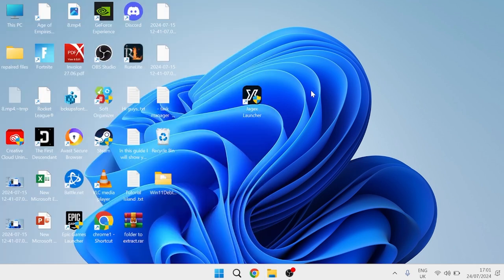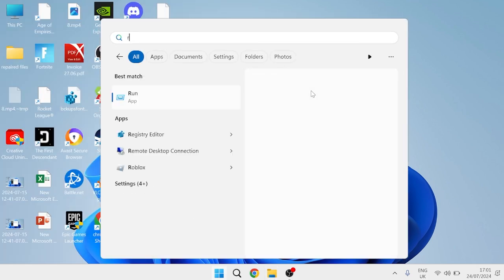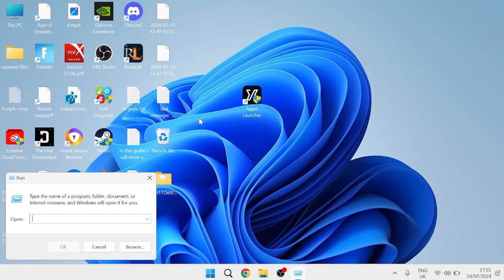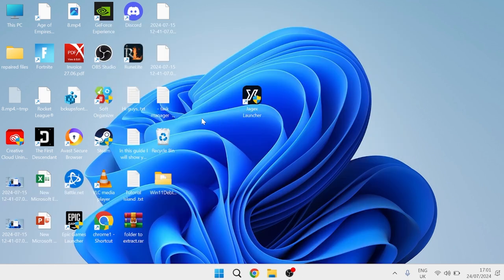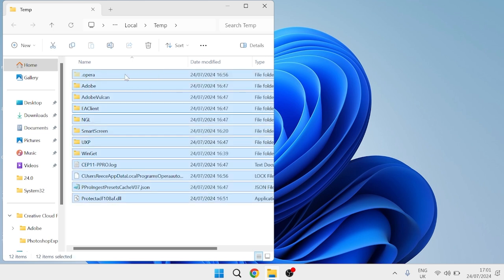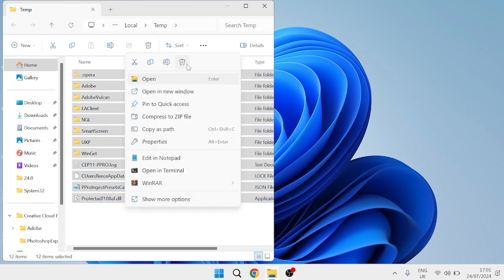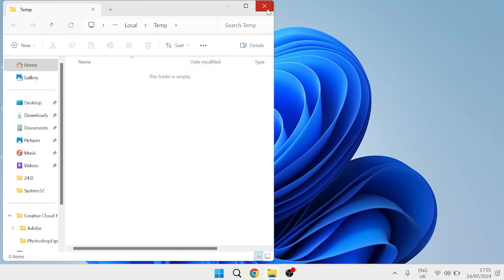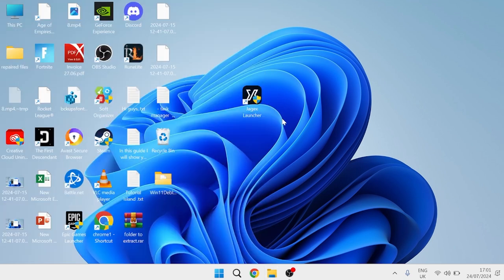We then need to come back over to the start menu and search for run, and then tap on the run icon. This time we're going to type in %temp% and hit enter, and once again we're going to select everything inside of here by pressing Ctrl A, and then right clicking and selecting the trash icon to delete everything. And we can then close out of this window,